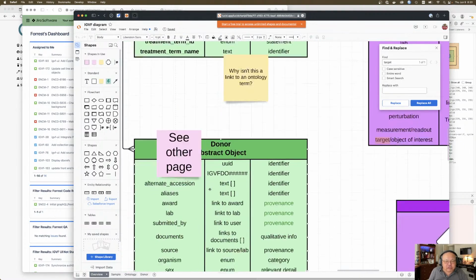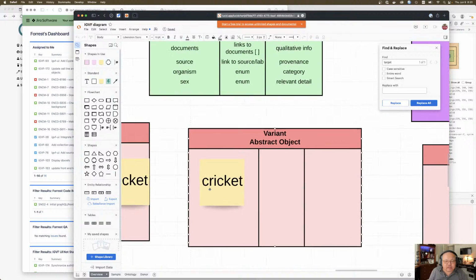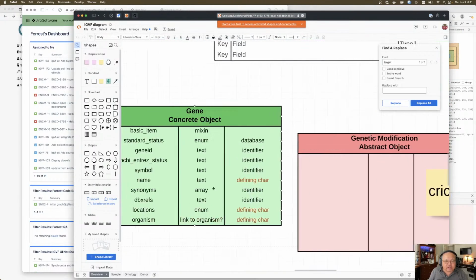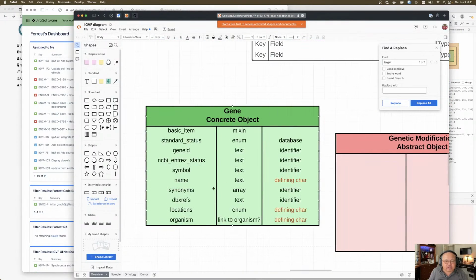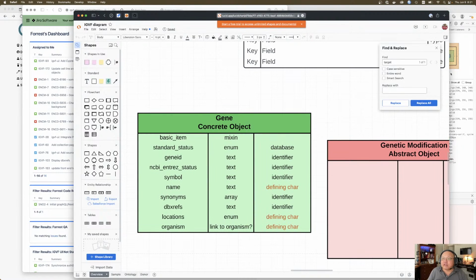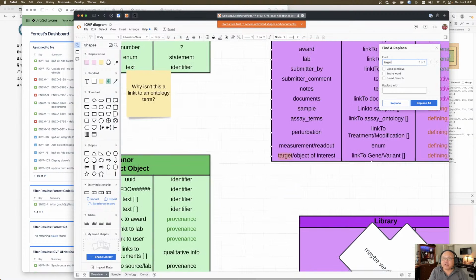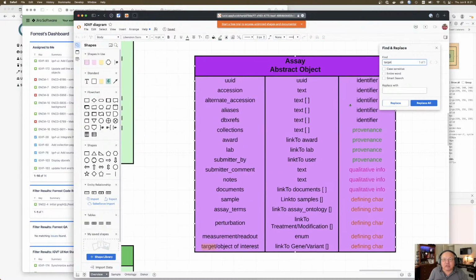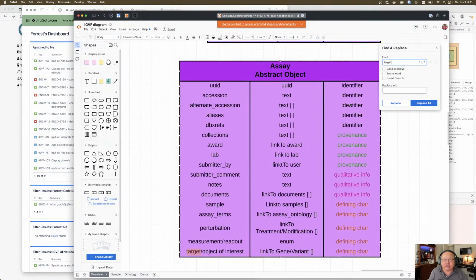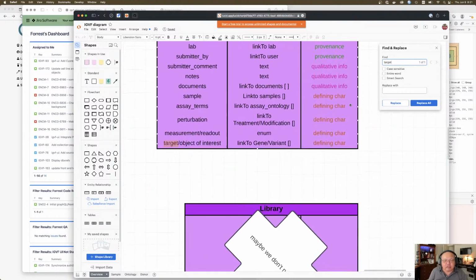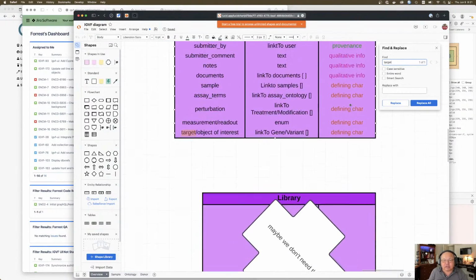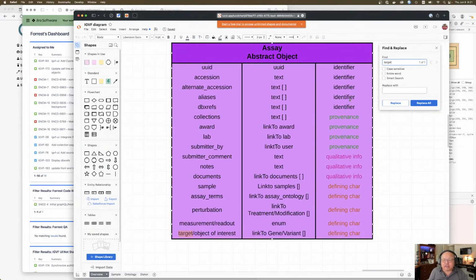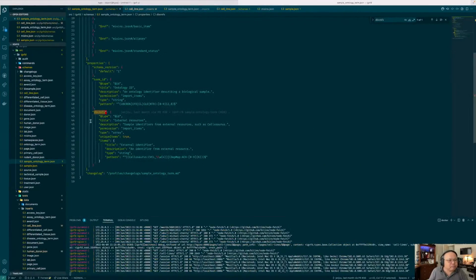So I'm starting to think maybe we should, for any of these dbxrefs, where is this? Target, okay. So the assay object. Yeah. So I think